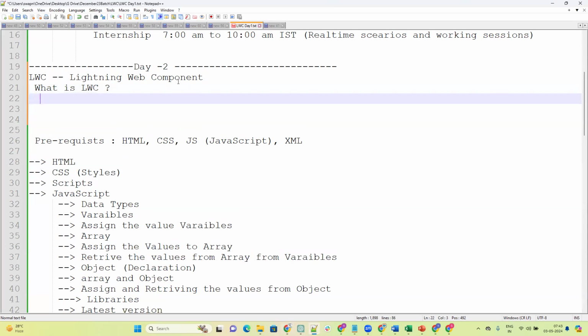We know that LWC is one technology that we are going to use in Salesforce to build the UI, user interface, with the help of a combination of other technologies, like HTML, JavaScript, CSS. We are going to build some components, right? So that's what we know, right? It's almost the same. So see here. Whatever it says, it's a web component. That means in the browser,